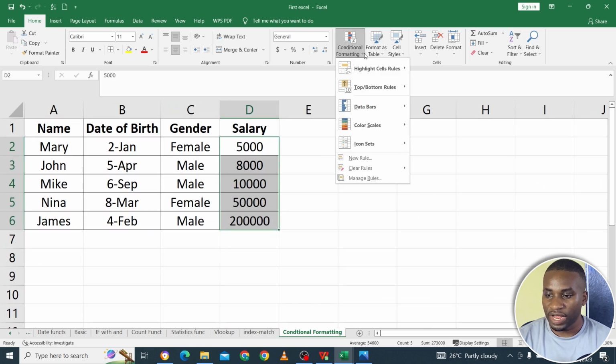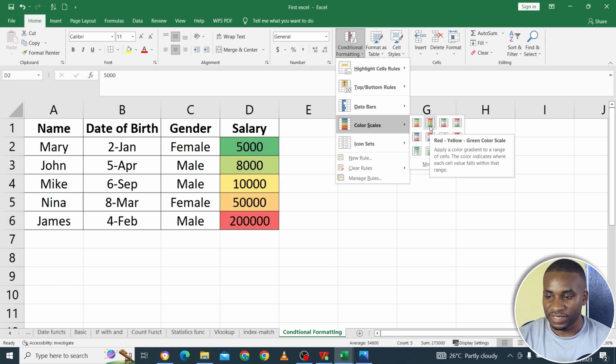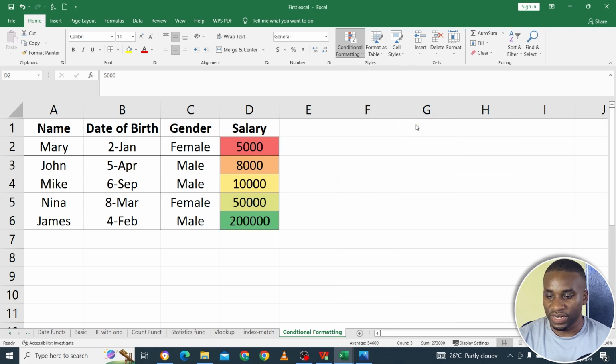So you can also get things like color scales. So just like this, like a heat map. So if you want the high ones to be green, you take the first one. If the high ones are instead red, you take this second one. So if you take this first one, we know that this was the poorest, the very red. These are the very green, and then these are slightly green. This is yellow somewhere in between. So you can use this to be able to get some visualization quick. Somebody could quickly look at this and just know that these were the best, no matter where they are found